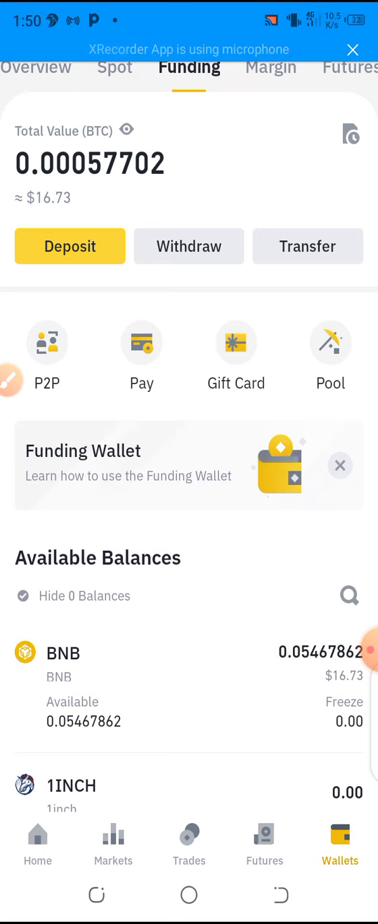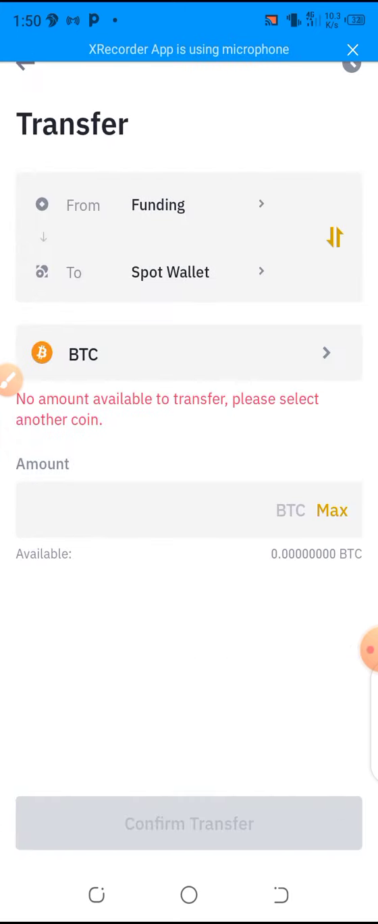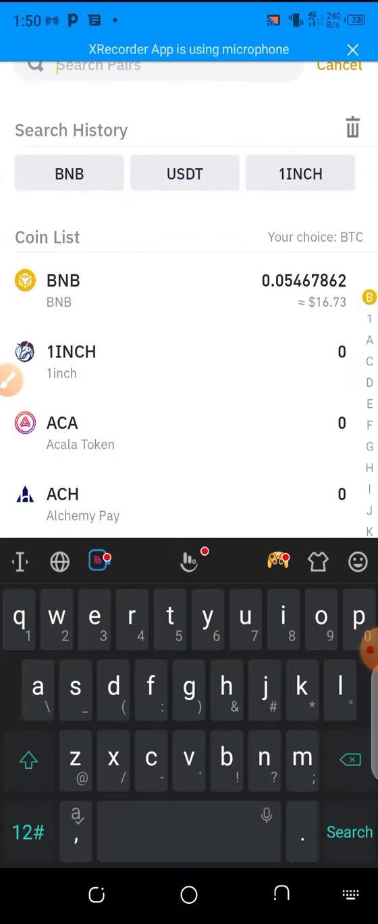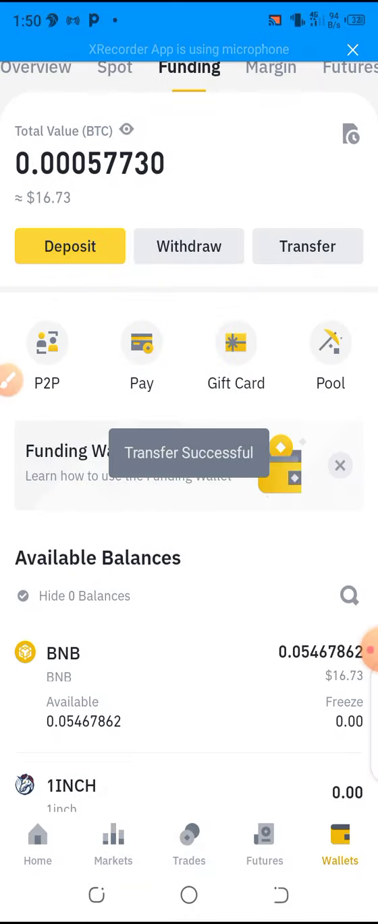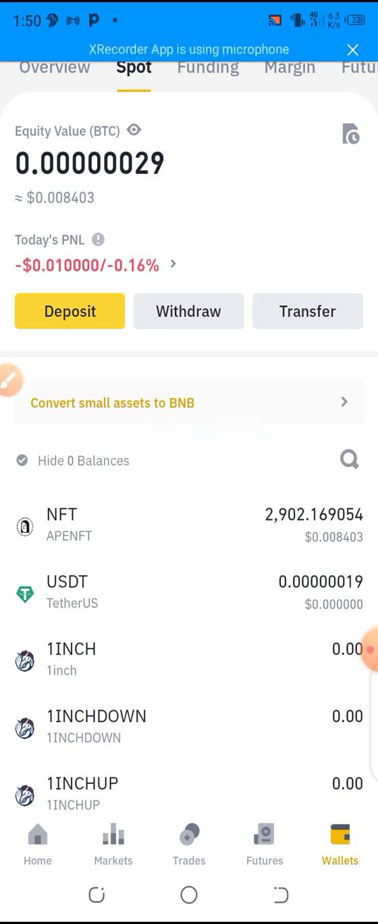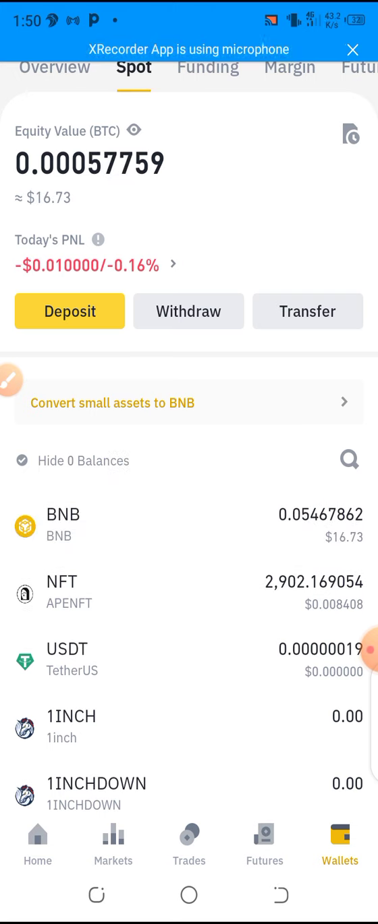The next thing here is to click on transfer. Click on transfer. I'll move from funding to spot. So now we check. I'm moving BNB. Now that I'm moving BNB, I have to click on max and click on confirm transfer. Now I'll click on confirm transfer. I go back to my spot. So everything is now back here in my spot. So the next thing here is to come back to trade, because I want to convert my BNB to USDT before I will be able to sell on the P2P. So I click on this